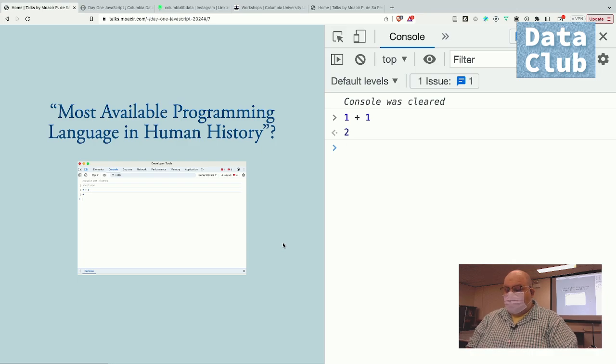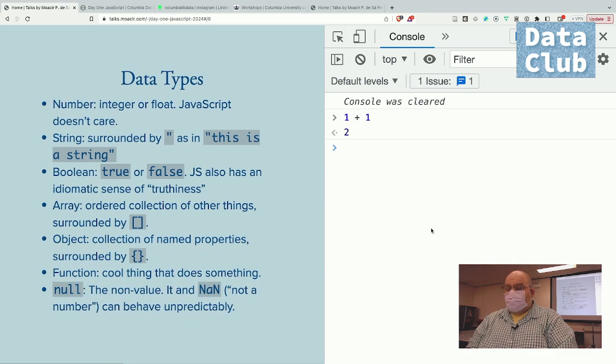Okay, so the console is a place where we can mess around and start making mistakes. You can actually use the console to change the contents of the web page you're looking at. This is when I knew I